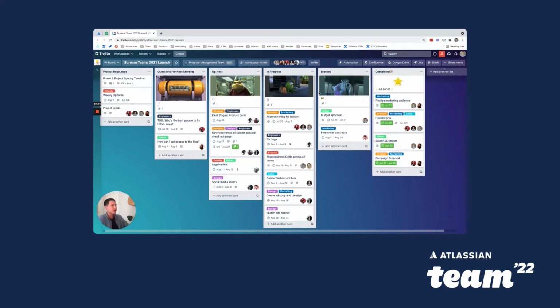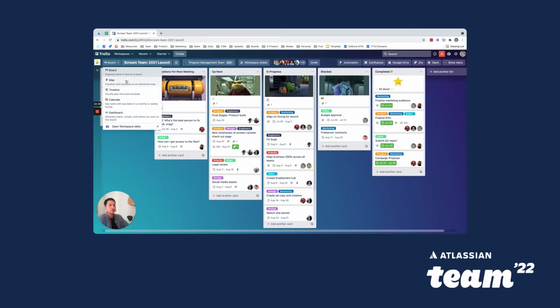So that being said, I do want to pause. We so far have been viewing this Trello board in context to what has been our traditional board style, but you may be excited to hear that Trello has a lot of different ways to help your teams visualize their work. So you've noticed up here in this top left corner, it said board for quite some time, but we want to switch that up for this next section. We want to show you what it looks like to visualize all these cards in different ways that work well for your team. So I'm going to give you a quick walkthrough of these different views that we have,